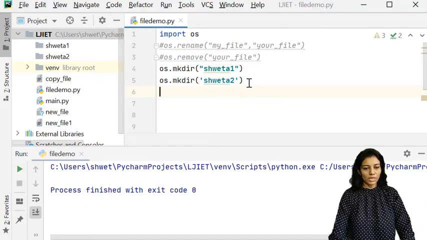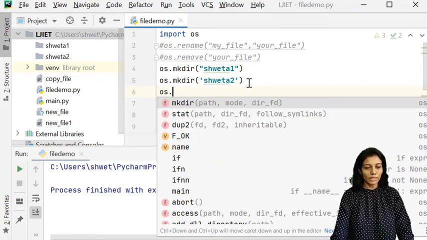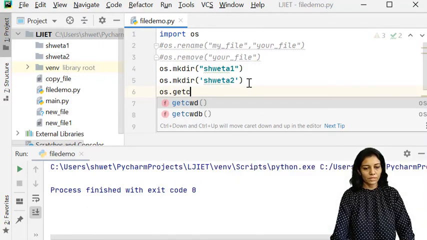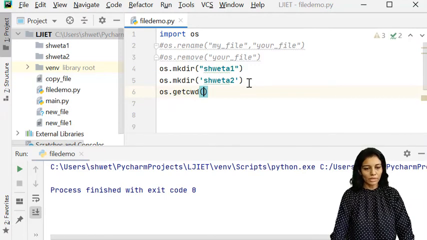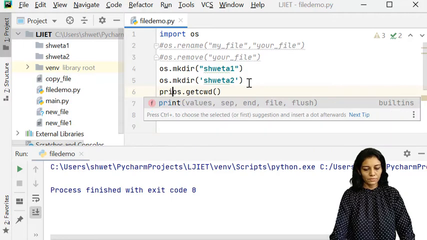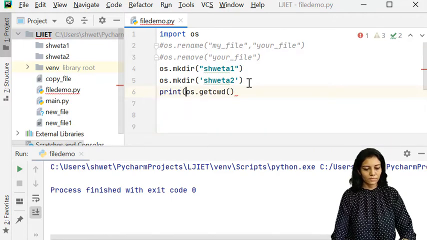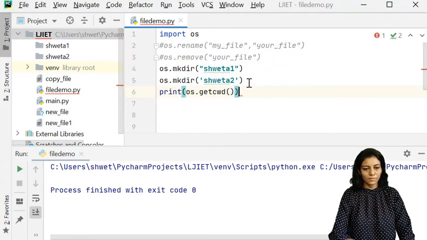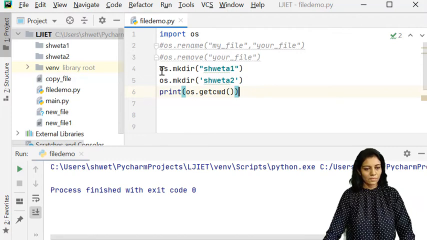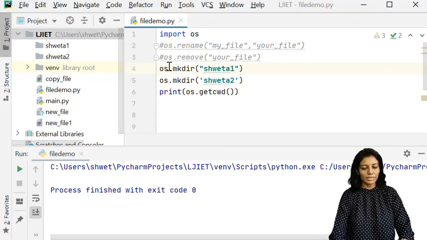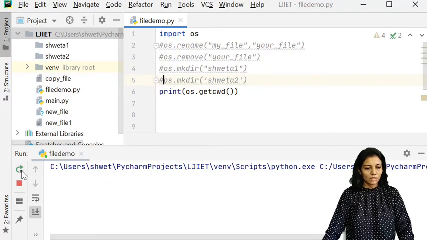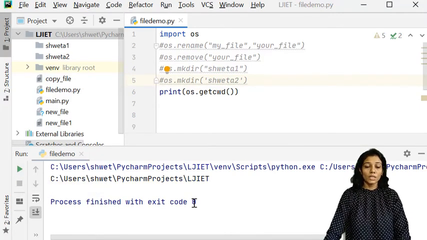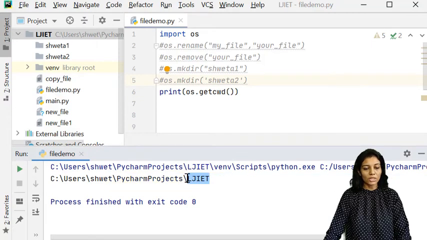Now let us check the current working directory and print its value. These two directories are already created, so I am commenting out this code. Yes, so our current working directory is LJIET.